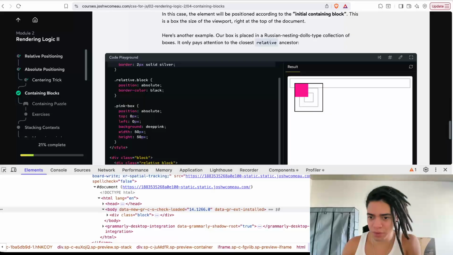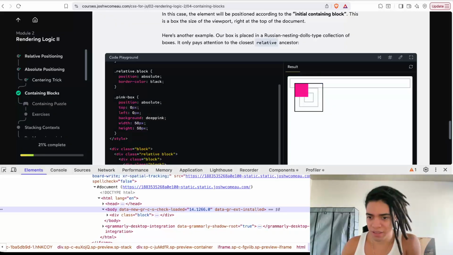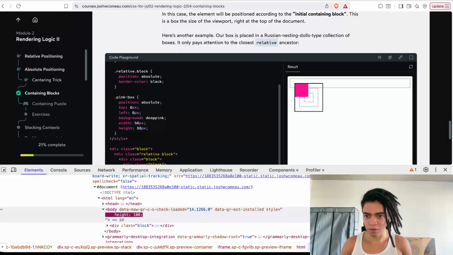So if for some reason it doesn't do any of this, this block, which is now where the body is, doesn't have any size, any dimension, as you can see here. So if you say, for example, the height is 100%, or if you say like this,